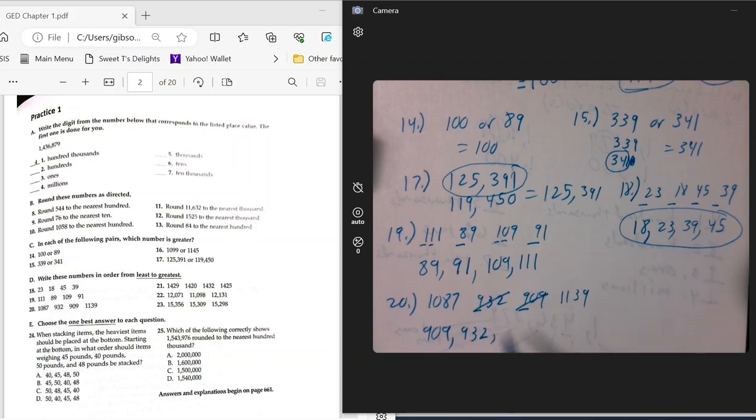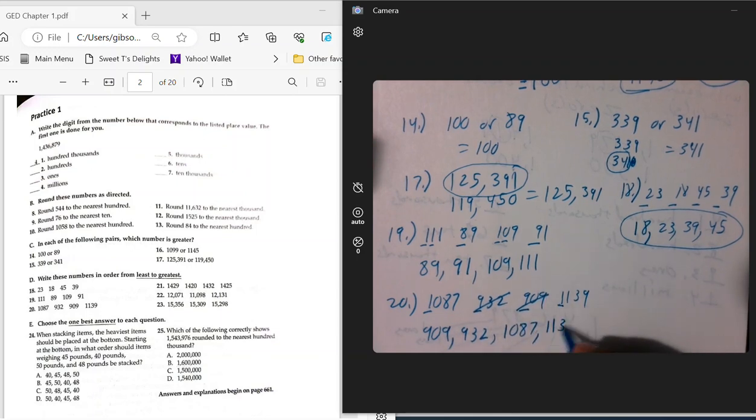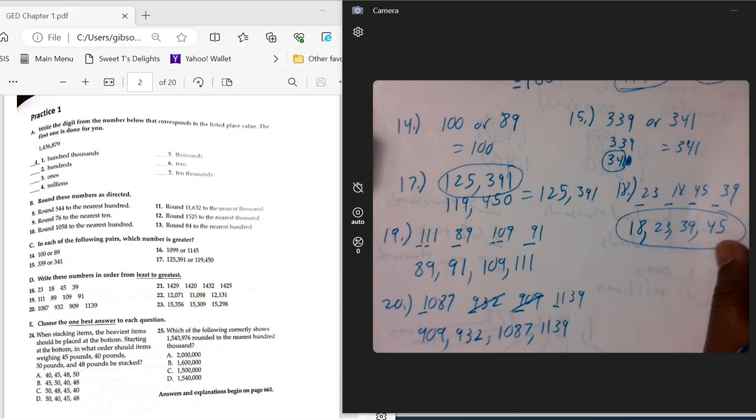Now we're left with the 2 4-digit numbers. So if you notice in the thousands place, we have a 1, which is the same. So we go to the hundreds place. 0 and 1. We know 1 is larger than 0. So our next number will be 1,087. And our last number will be 1,139. Okay, now for 21,